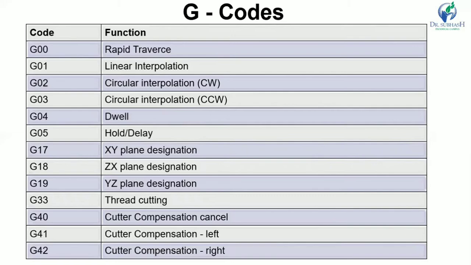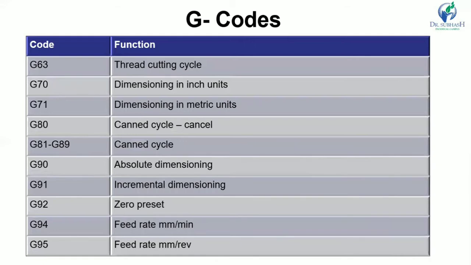G33 is used for the thread cutting operation, and G40 is used for the cutter compensation cancel. Okay, G41 is used for the cutter compensation left side. G42 is used for the cutter compensation right side. Then more G codes are G63 thread cutting cycle,